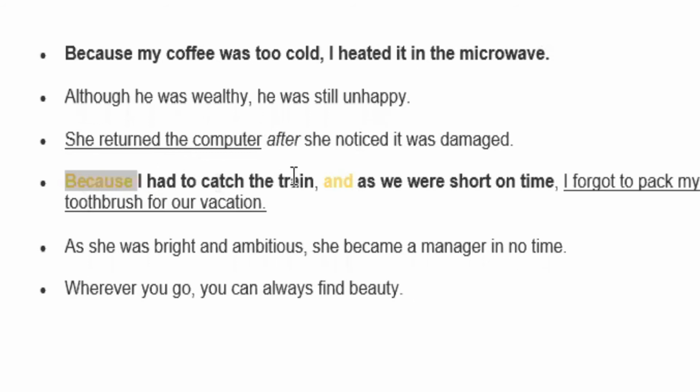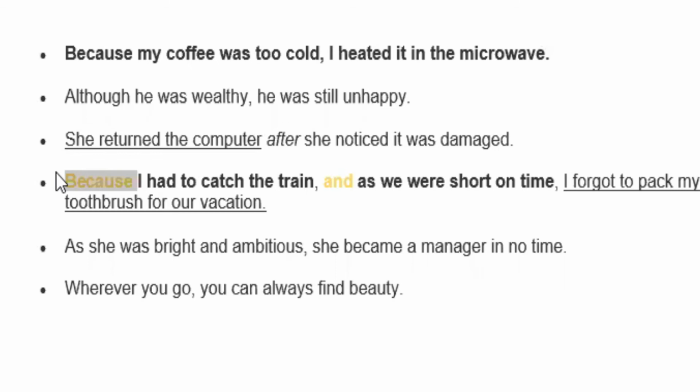I had to catch the train, and as we were short on time. So we also have two subordinators here, and because. Now, look at the variety here. All of this is one sentence. But because now you know the structure, you know the type of sentence. So because I had to catch the train, and as we were short on time, I forgot to pack my